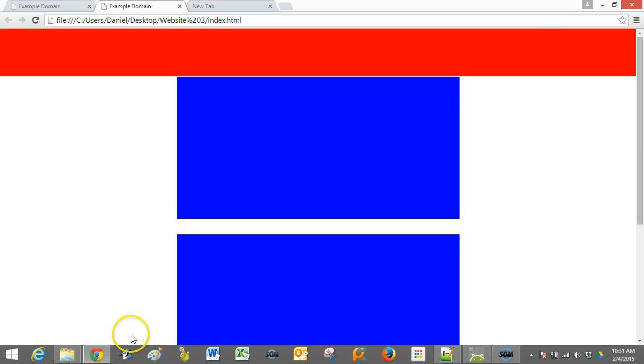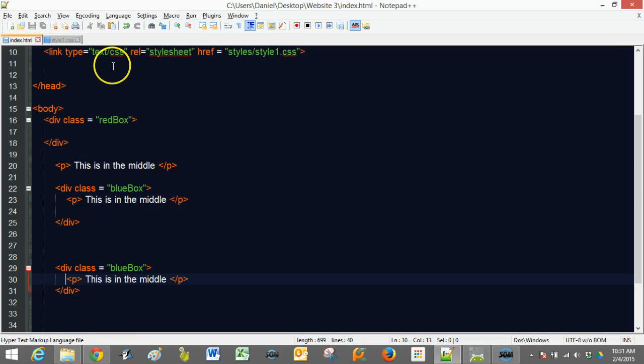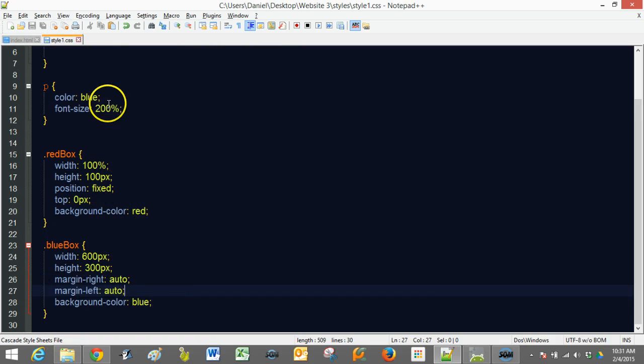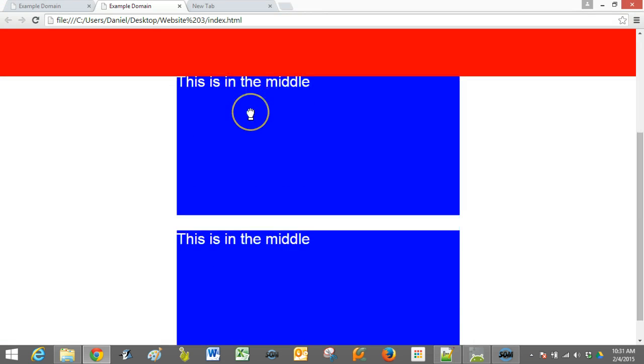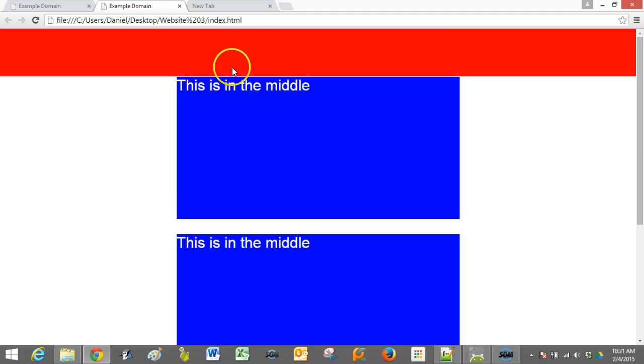However, if we go back and look at our code, our CSS, the color was blue. Let's make the color white. And save that and refresh it. There you go. That's now in the middle. So now I have these divisions with text inside of it. I have something at the top. We could do something up here as well. So let's say that we had